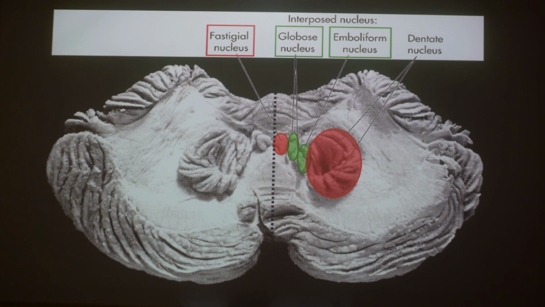Both the interposed nuclei and the fastigial nucleus are part of the spinocerebellum. So the dentate nucleus is part of the cerebrocerebellum, where it is important in correction of the